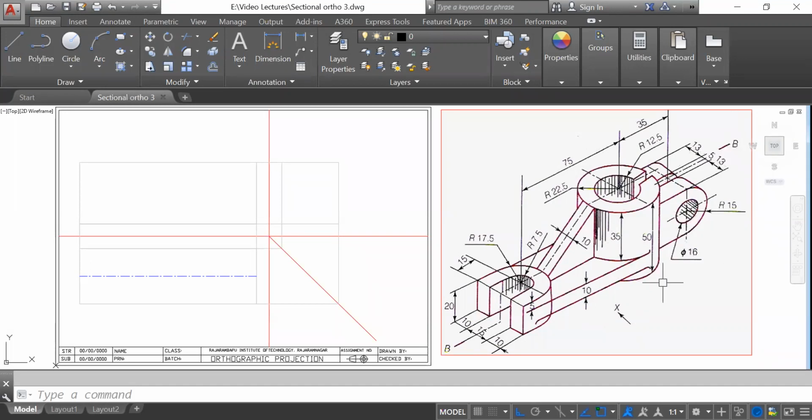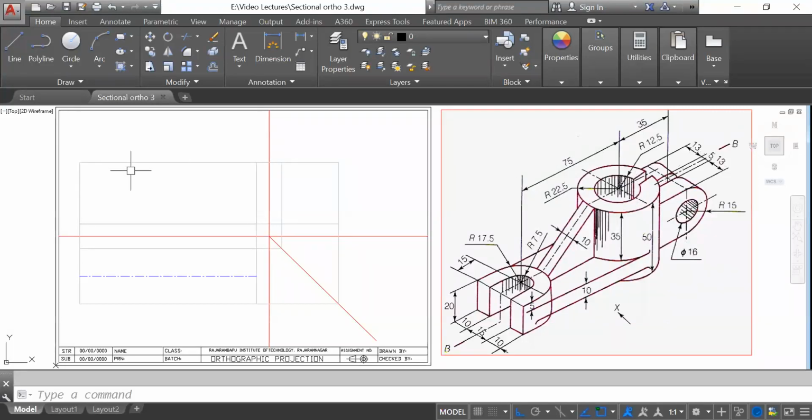Then the maximum height. It is mentioned here along the height of this particular cylinder. So you will get the 50 height, the maximum height, and the width you will definitely get along this particular cylinder, because the maximum width is the diameter of this cylinder. So the radius is equal to 22.5. That means the diameter is equal to 45. So length is 140, height is 50, and width is 45.